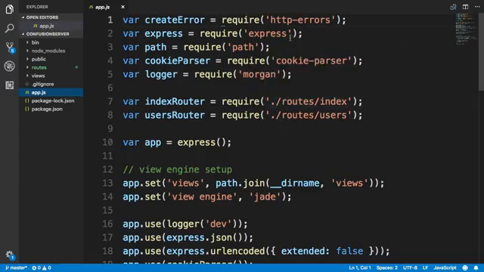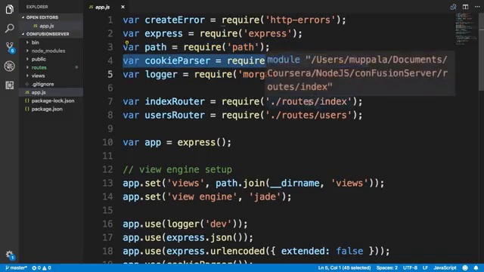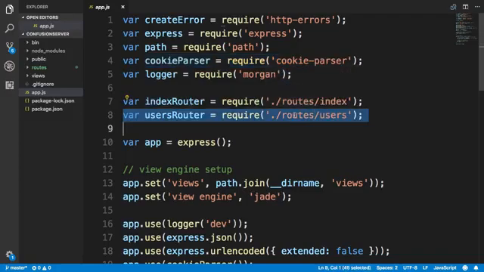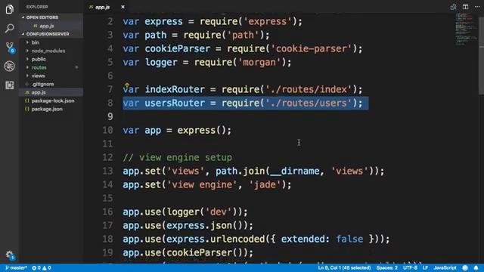So we are requiring Express, path, logger, which is Morgan in this case, and cookie parser, which we will use in one of the later exercises. You also see that you are importing two routes, the index and the users, which are already scaffolded out by Express for us. So we will add in the three new